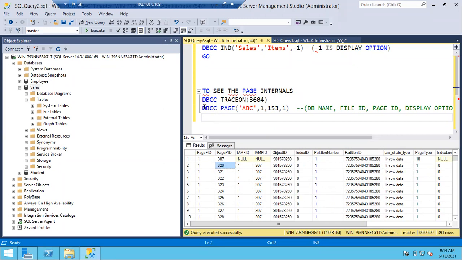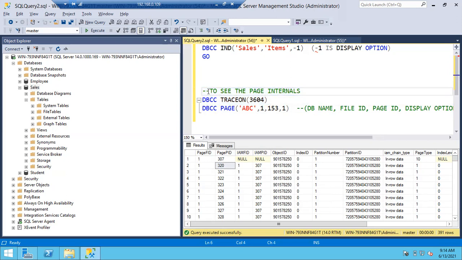Okay, this is the query. I cannot open the pages physically, right? So I can open the page using this query, DBCC PAGE. Before running this query, you have to turn this on. In case I don't want to run this line, I can simply put comments. Whenever you see two dashes like this, it's a comment. Even though you execute it, it won't execute, because it's a comment. Got it? A comment won't execute.